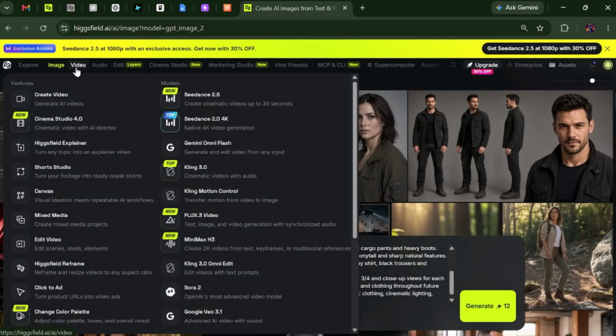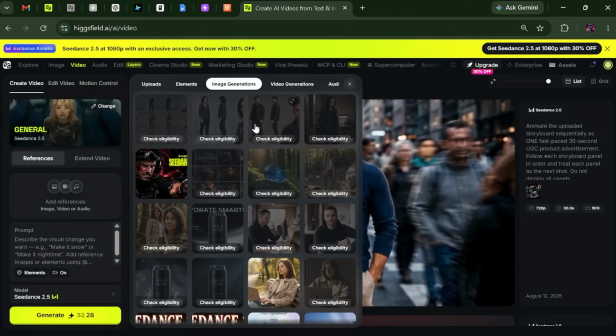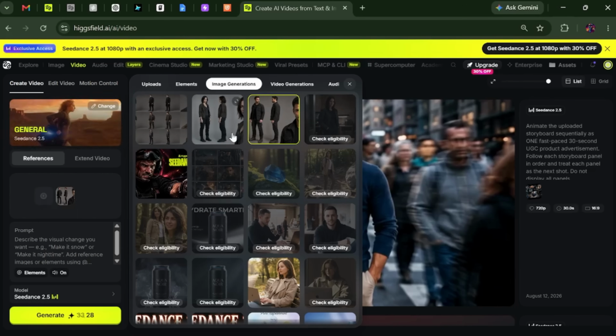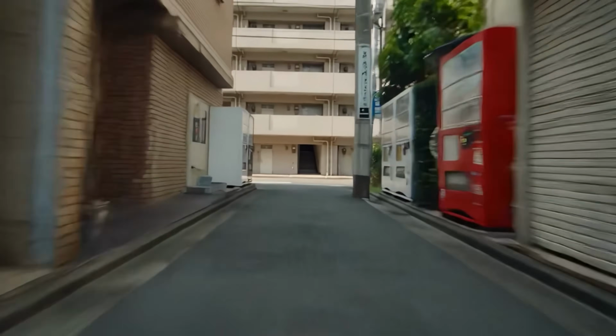To start generating the videos, I'll hover over video and select Seedance 2.5. Now I'll set the 3 character images I generated earlier as my references. Normally, Higgsfield asks you to run a quick eligibility check before using images as references in a video, so I'll check those first. Once they pass, I can go ahead and set them all as references. Seedance 2.5 is smart enough to understand when each reference is needed. It doesn't use all the images at once. Instead, it automatically brings in the relevant character at the right moment,